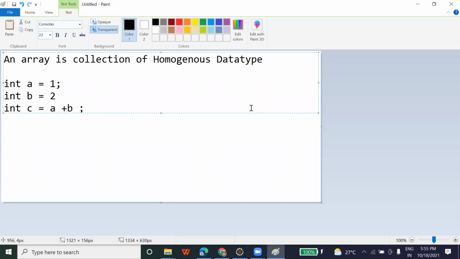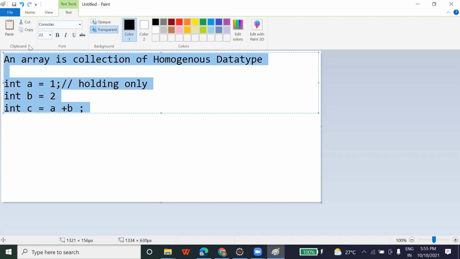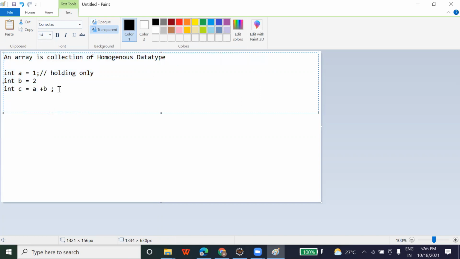Here every variable is holding only a single data. Here also the same, a is a variable which is holding only a single data.